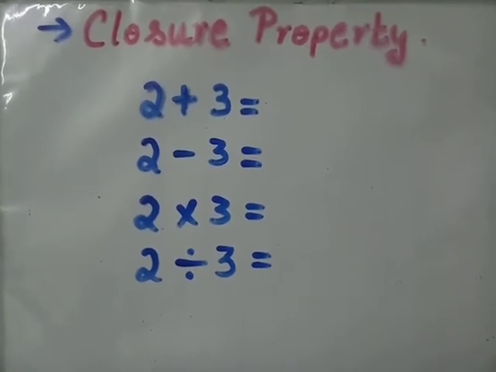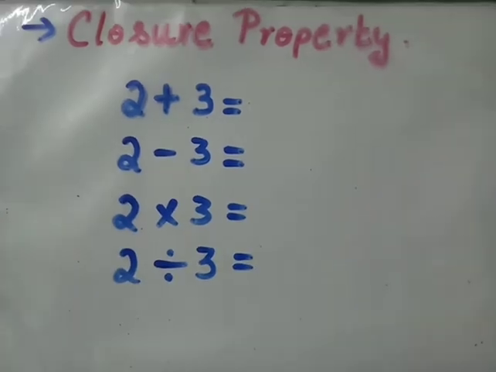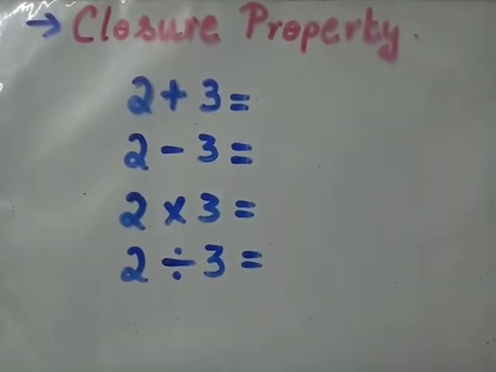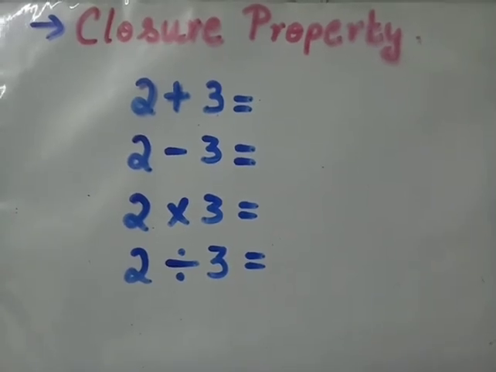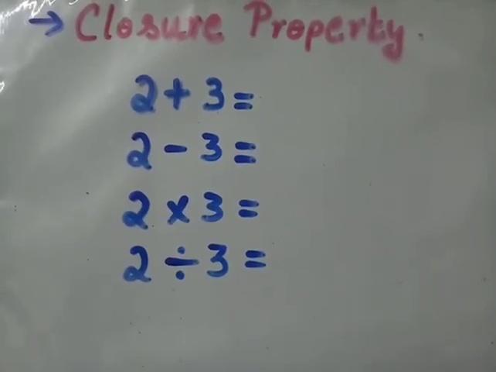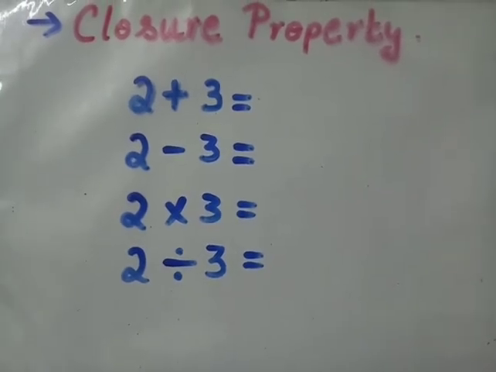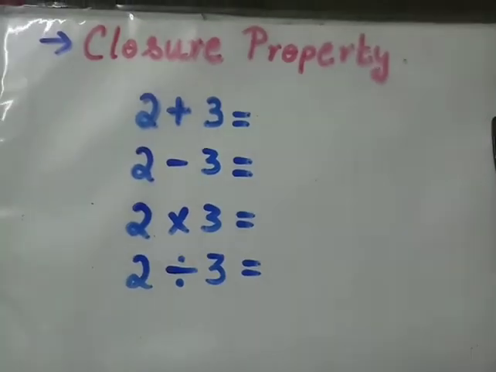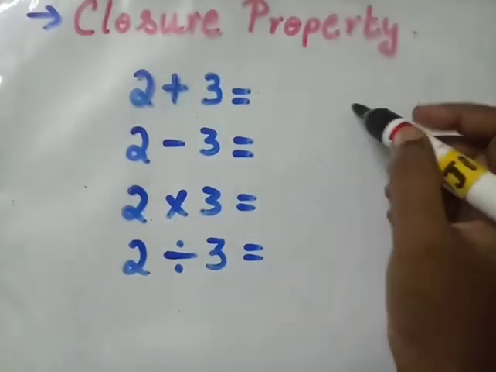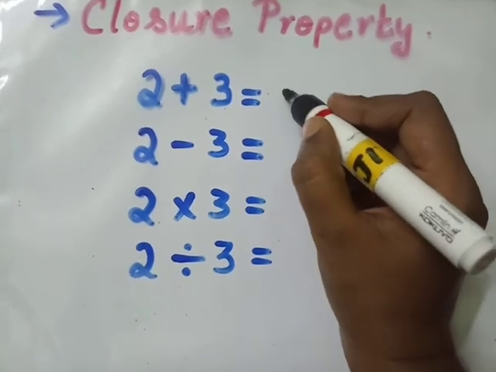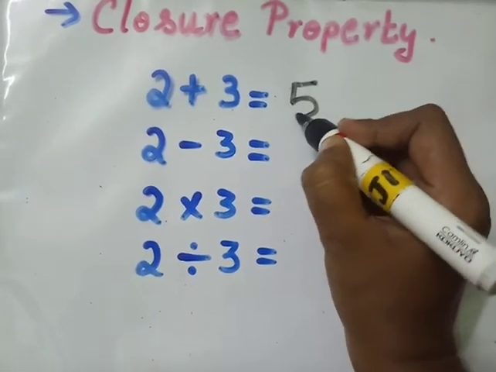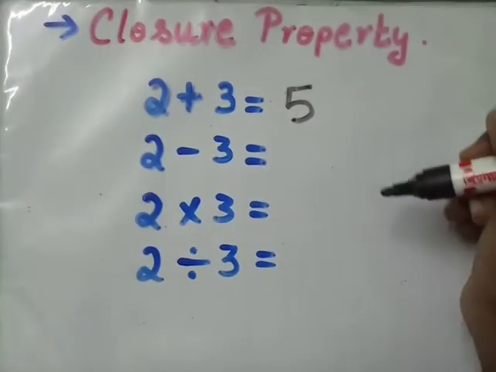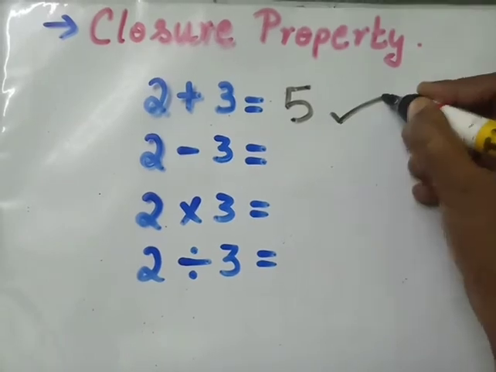We will be discussing each property with an example. The properties of whole number will be satisfied only if the answers are also whole numbers. So here you can see I have written some problems and let us check whether we are getting the whole number itself as the answer. The first problem is 2 plus 3. What is 2 plus 3? It is 5. So here we are getting a proper whole number. That means closure property is applicable for addition.